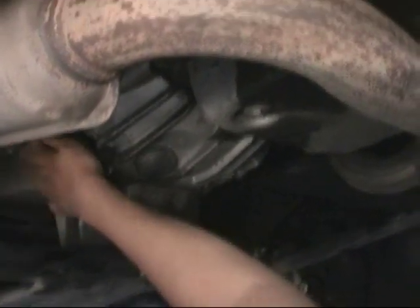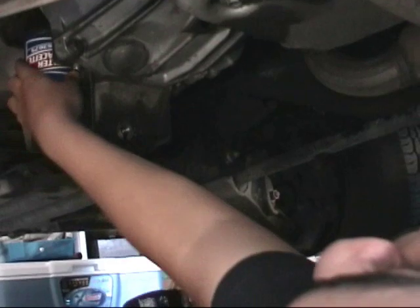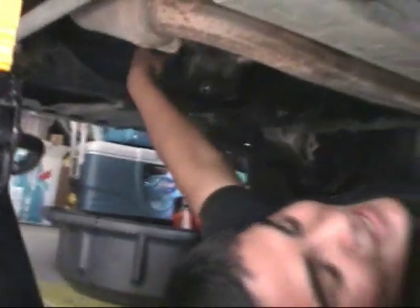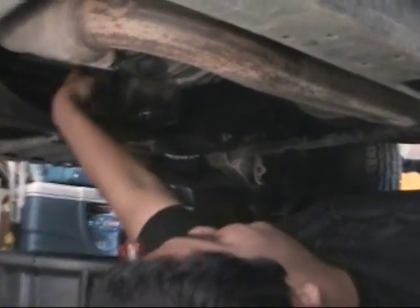Alright, what you do is you screw it in. Some people say it's good to put it on tight. Some people just say put it hand tight and that's good enough. I say hand tight's good enough for right now, because I have the tools for it. And that's good. And then you get the drain plug, which is...